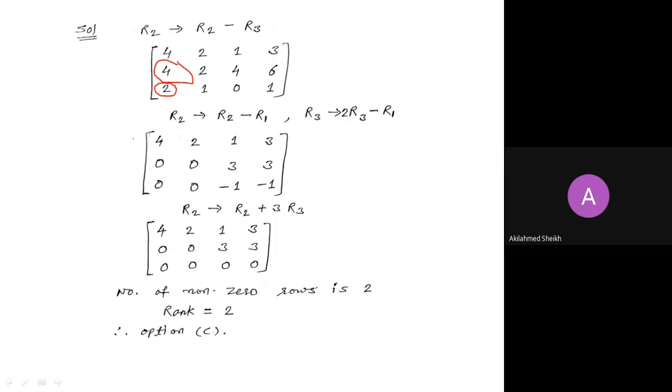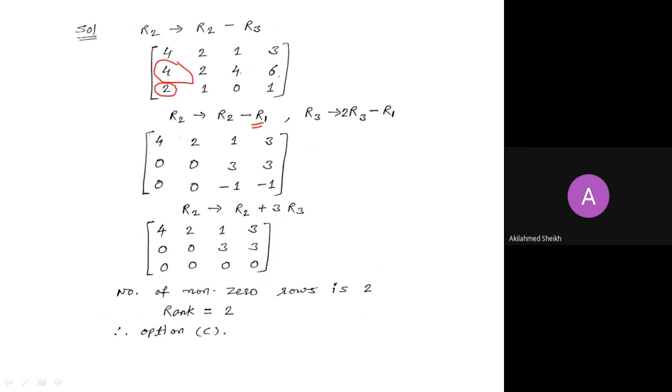For R2, we use R2 minus R1. Here we have to make the R3 element 0, so we use the combination 2 times R3 minus R1. So what happens here? R2 minus R1 means 4 minus 4 is 0, 2 minus 2 is 0,